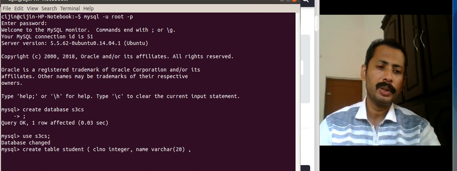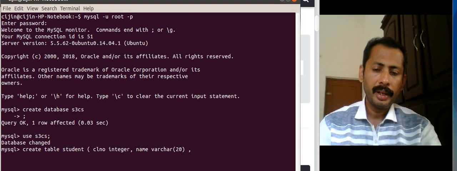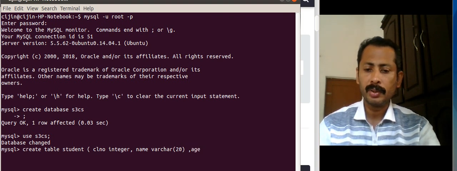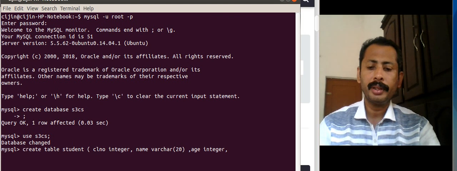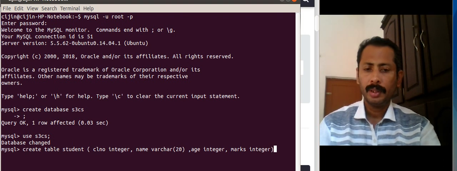So I have given two columns now. Class number as integer, name as variable character. Okay. Then the next was age. Age was also integer, comma. Then marks is also integer.